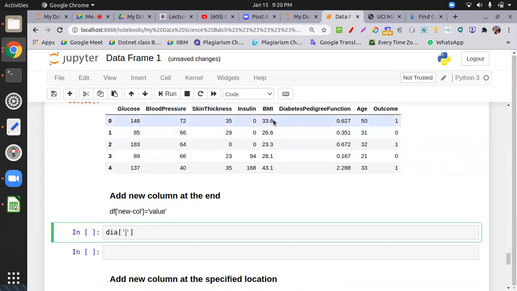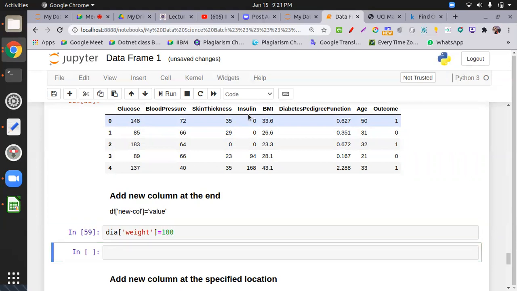I am just adding the weight. Weight is not there. So what happened? I just put the value. See, when we are adding a new column while the previous values exist, we have to put a uniform value. If you are putting a numeric value manually, I just put 100. So when we have dia dot head,